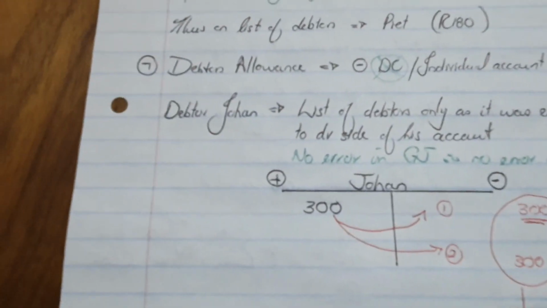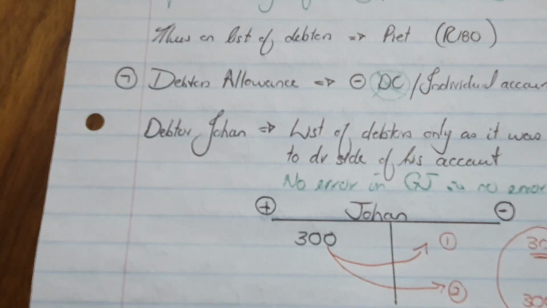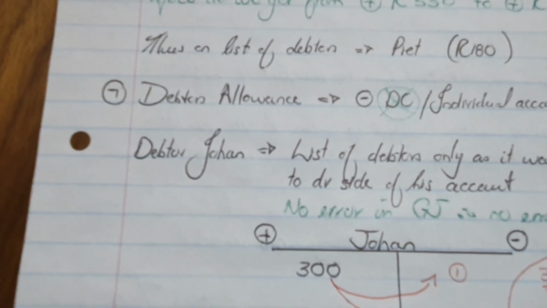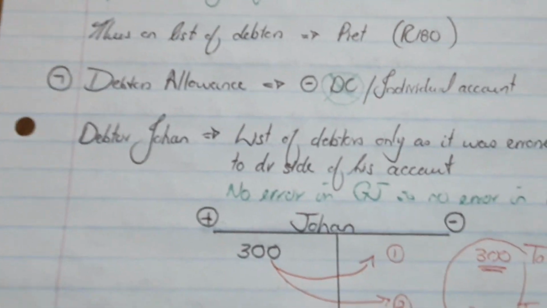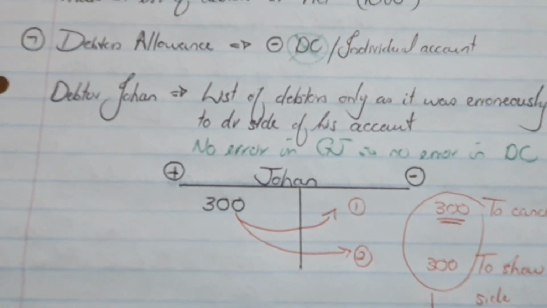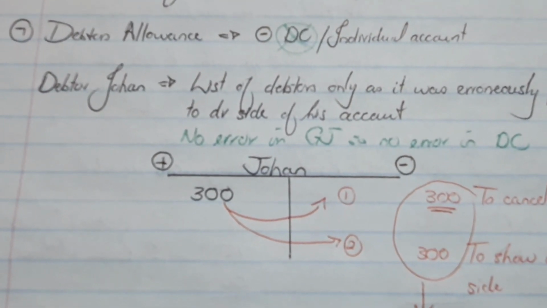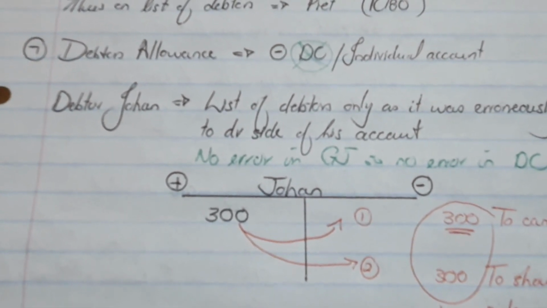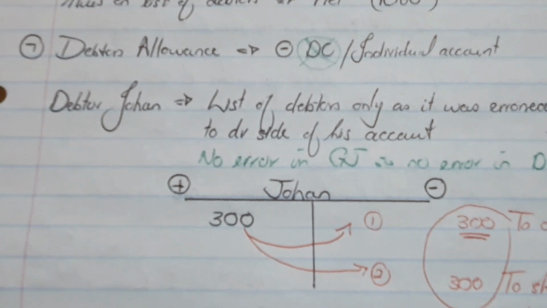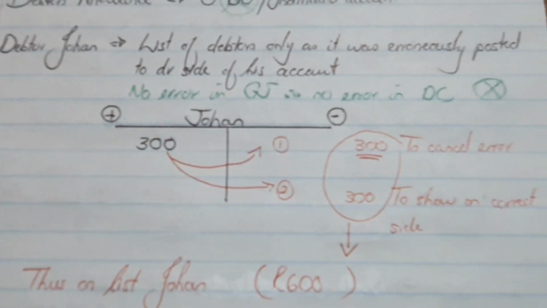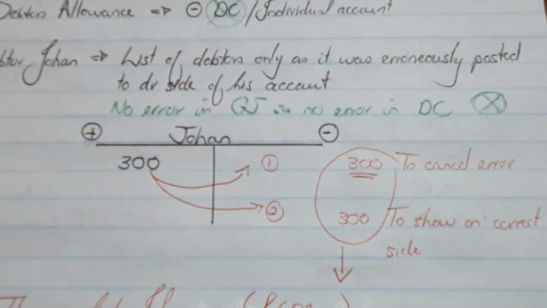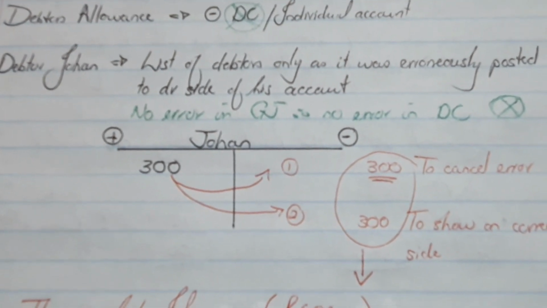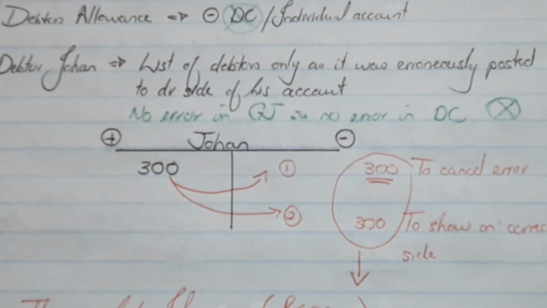With regards to number 7, a debtor's allowance of 300 Rand was approved for debtor Johan, but it was posted by mistake to the debit side of his account. Again, in this case, it only affects debtor Johan, because they said it was posted by mistake to the debit side of his account. So the 300 Rand is currently standing on the debit side of his account. To correct this erroneous entry, we need to credit his account